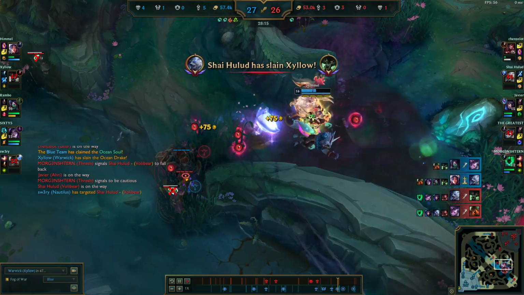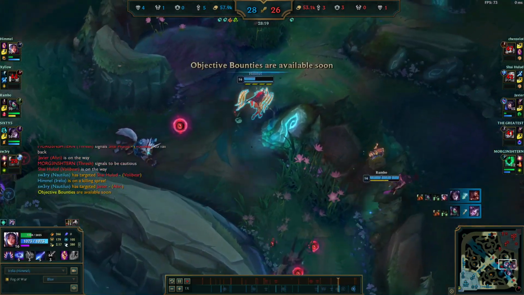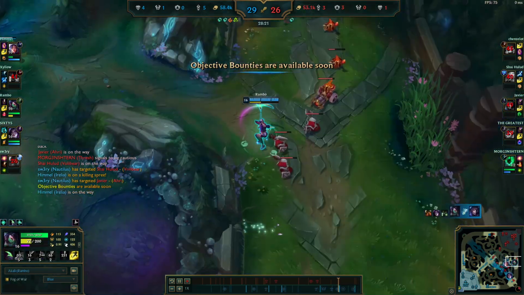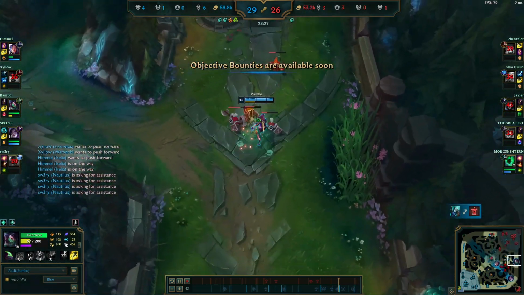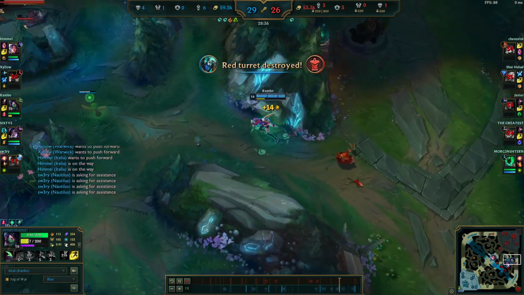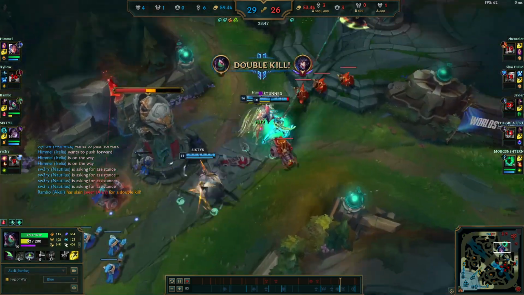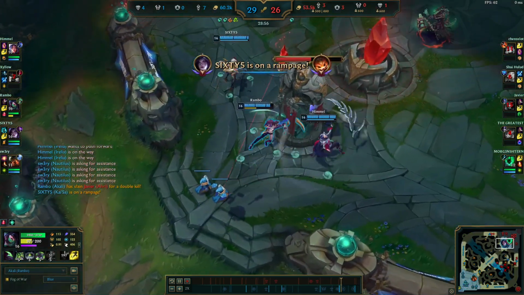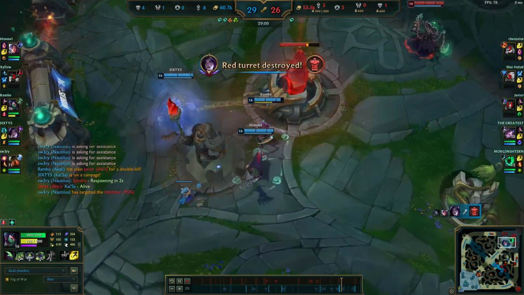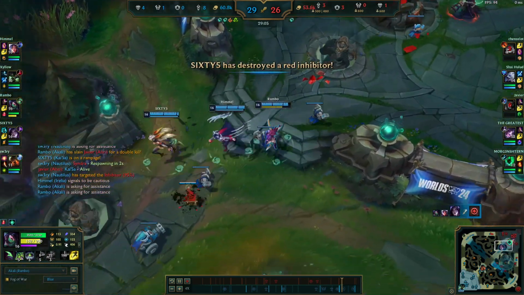That's the one thing about these types of comps I kind of don't like. I don't like when you're Warwick and you use up your ultimate too soon versus teams that have a lot of CC and mobility, because then you're just going to be kind of useless. I think he used his ultimate maybe a little bit too soon. But it's kind of hard to gauge because at the end of the day you did kind of want to kill the